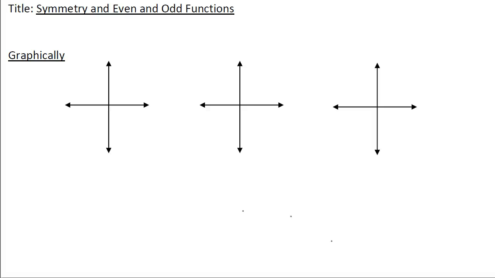Hey guys, what we're going to talk about is symmetry, and we're going to talk about even and odd functions also. So the first thing is we can look graphically at something, and so let's start with this first one here. Let's go like this. And hopefully you recognize it's not a function because it doesn't pass the vertical line test, but we can tell it's symmetric